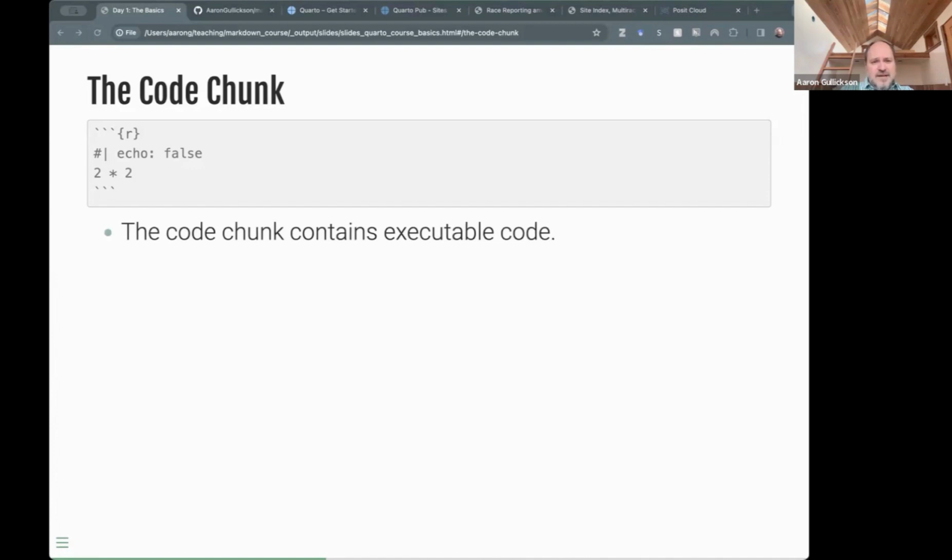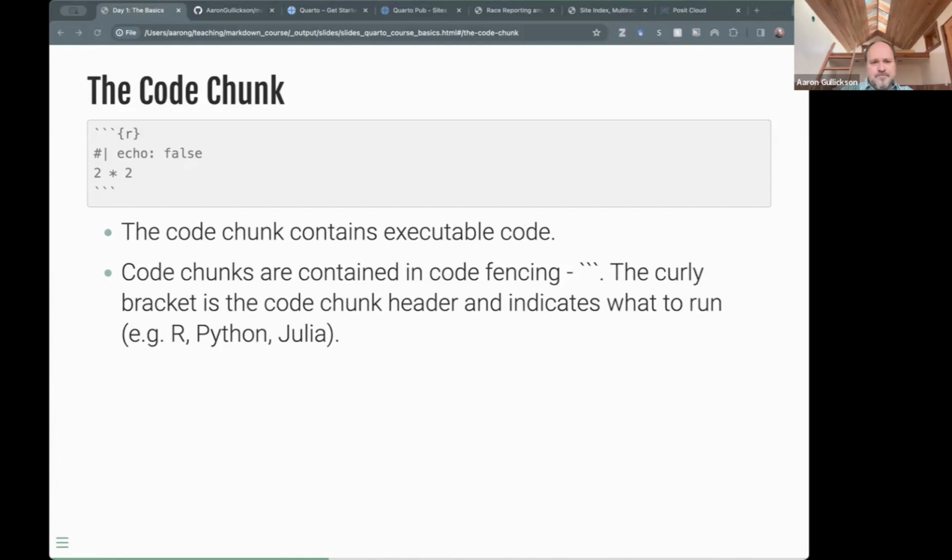And that's going to contain executable code. In this case, executable R code. And the way you indicate a code chunk is with fencing. So the fencing are these three little reverse